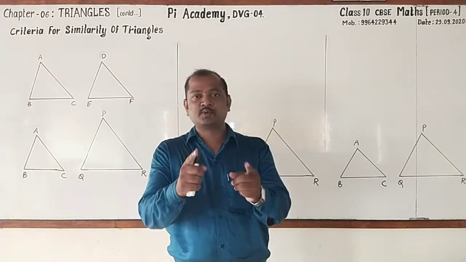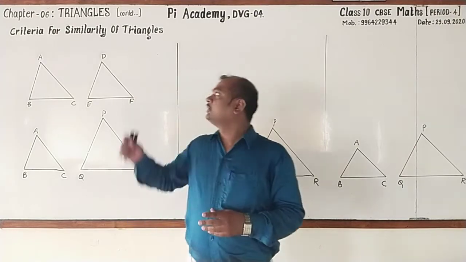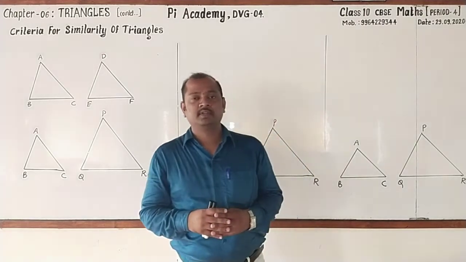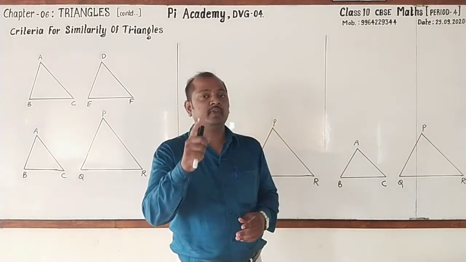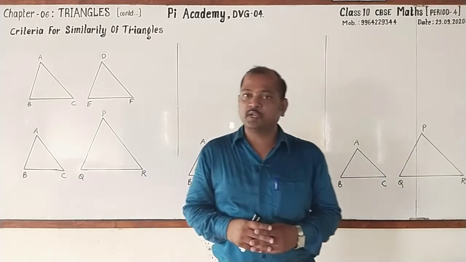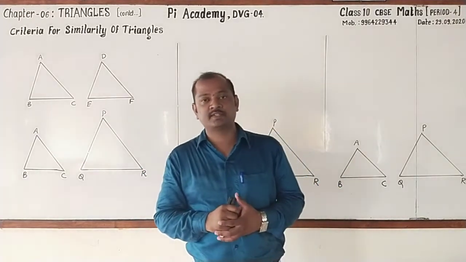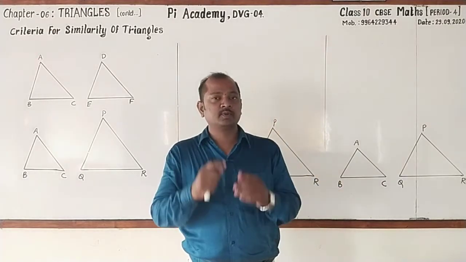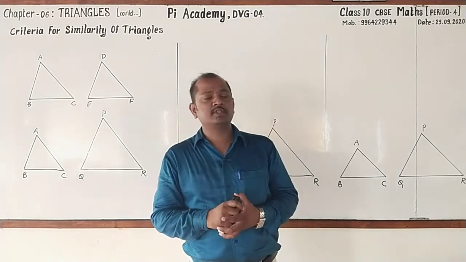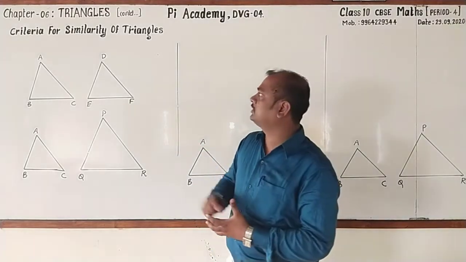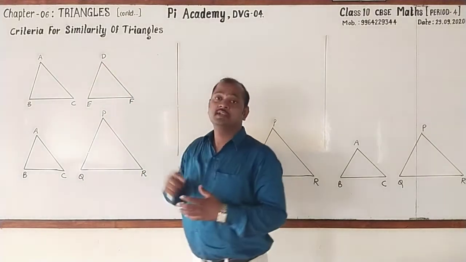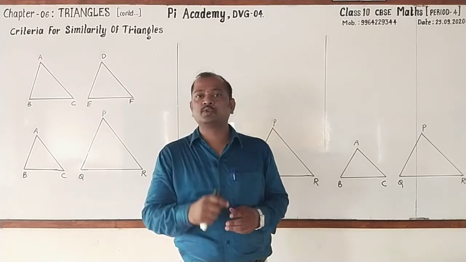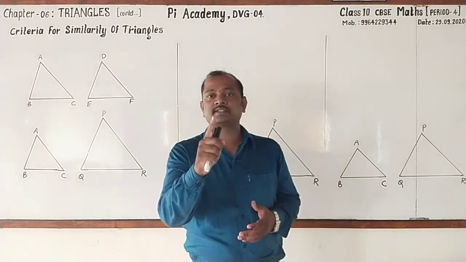Dear students, in today's class, we are going to continue the chapter triangles. And do remember, this is the fourth period of this chapter. You all know that in the third period, we had completed exercise number 6.2 with some additional problems as well. Right? Hope that all of you have practiced them. Today, we are going to discuss an important concept of this chapter, that is criteria for similarity of triangles. Before going to this, let me show you the question paper of weekly test 10.